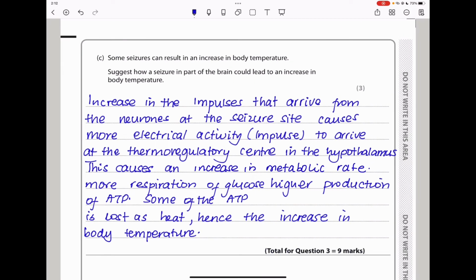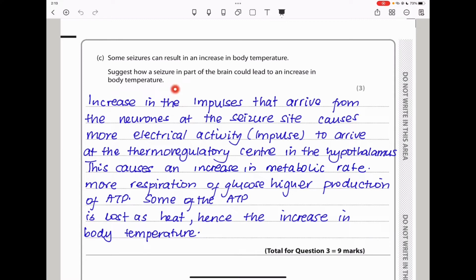Moving on. Here they say, some seizures can result in an increase in body temperature. Again, remember, seizures occur in regions that are very active. So very active regions are going to require a lot of glucose, and therefore they'll respire a lot and produce a lot of ATP. So some of this ATP produced is going to be lost as heat, and when it's lost as heat, the body temperature is going to increase in that region, leading maybe to an overall increase in the whole body temperature. So they say, suggest how a seizure in part of the brain could lead to an